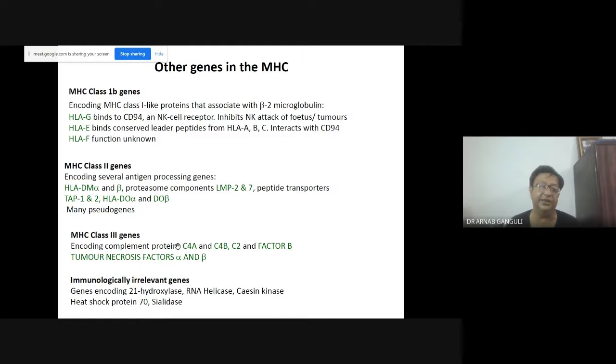MHC class 3 genes, এটাও রয়েছে. What they do, they encode complement protein C4A, C4B, C2 and factor B, tumor necrosis factors alpha and beta. সব নামগুলো মনে রাখতে হবে. You will understand their functions later. Then you have immunologically irrelevant genes. Genes encoding 21 hydroxylase, RNA helicase, casein kinase, heat shock protein 70, সায়ালিডেজ যেটা বলে, সায়ালিক অ্যাসিড, it's a signaling molecule, এদেরও পড়ে।